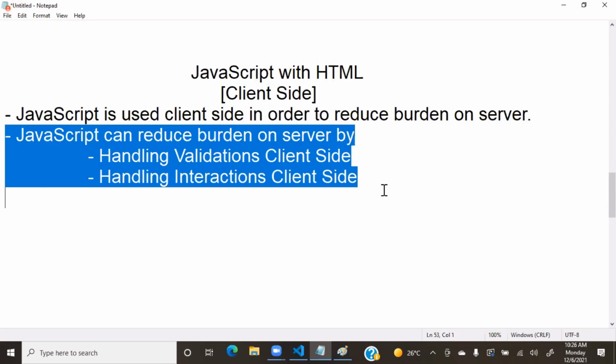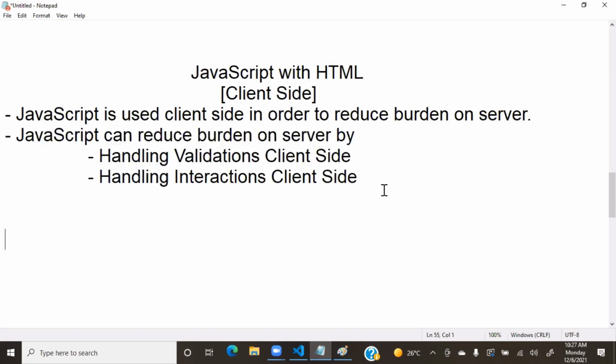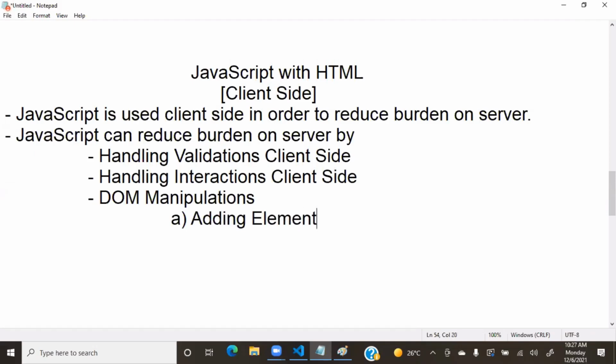And client-side, when we are using JavaScript, one of the roles of JavaScript is validations. JavaScript's entire role is not only validations. It will do a lot of other things also. Right? One of the works JavaScript is regularly used for is validations and client-side interactions. And not only that, it will handle a lot of DOM manipulations. DOM manipulations means what? DOM manipulations are nothing but adding elements,